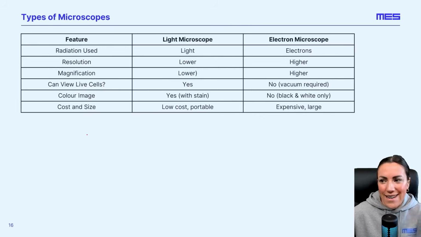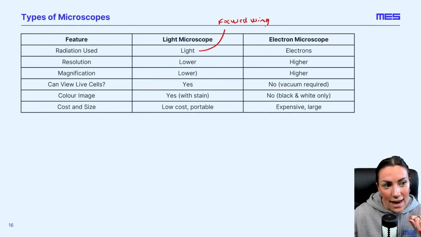In this slide, I've got a nice comparison for you. So this is the level of detail that you need in case you have to do a compare question, give the differences style of question. So the light microscope uses light, the electron microscope uses electrons. In terms of focusing them as well, I might just add that on. The light microscope uses light, which is focused using lenses. The electron microscope uses electrons, which is focused using